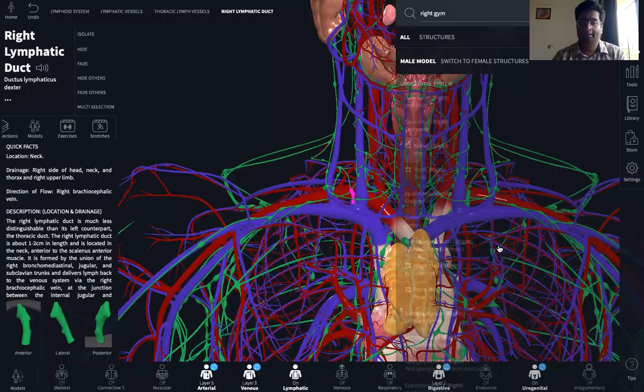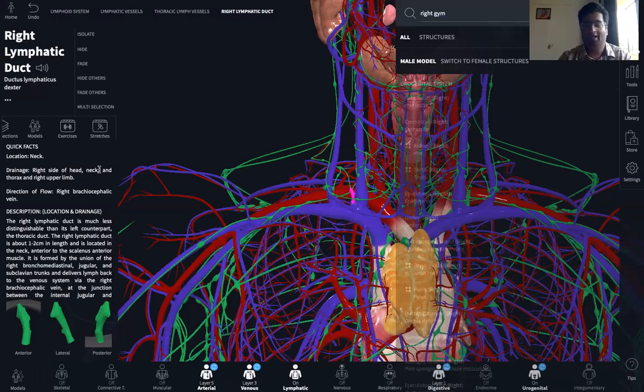So giving you a brief about the lymphatic circulation. As I just mentioned at the start, the function of the lymphatic system is to drain all the excess tissue fluid back into the blood before it returns back to the heart. So there are two major lymph vessels. One is the right lymphatic duct. As far as the right lymphatic duct is concerned, it drains the lymph from the right side of the head, neck, thorax, and the right upper limb into the major blood vessel, which joins into the superior vena cava before the blood is returned back into the right atrium.